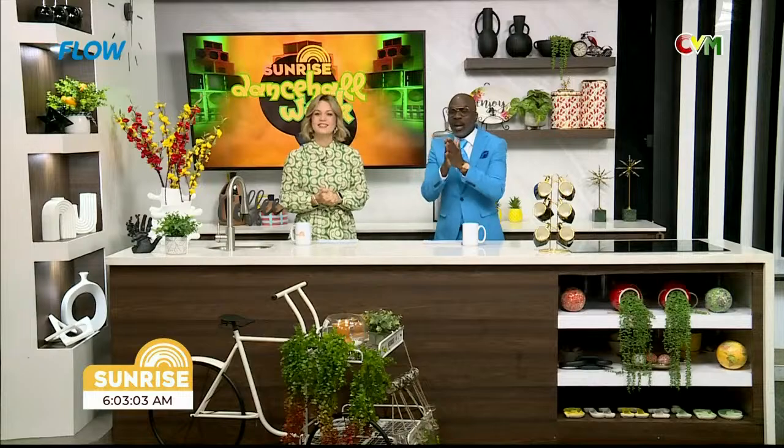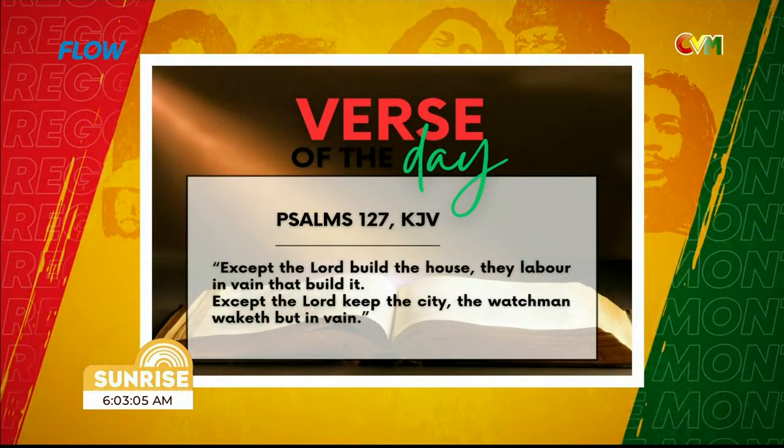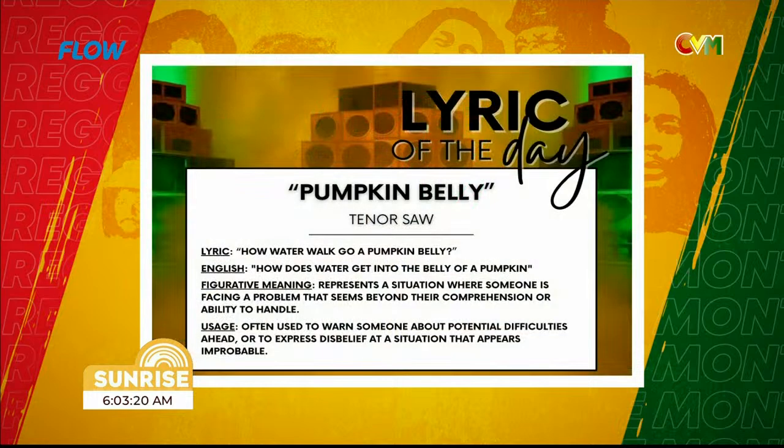The verse of the day this morning is, except the Lord build the house, they labor in vain that build it. Except the Lord keep the city, the watchman waketh but in vain. Psalm 127. Yes, indeed. And our lyric of the day is...